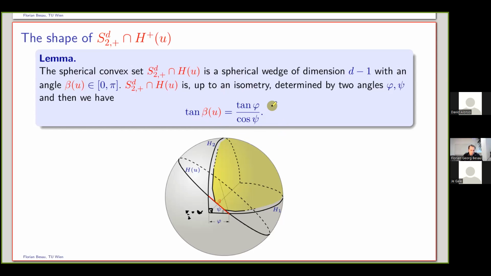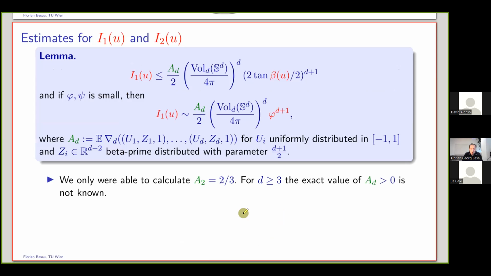So your normal vector u of your hyperplane gives rise to angles phi and psi, and they can be translated into expressing the length of this spherical wedge. Okay, and using this information, you can start bounding your integral terms. So I1 was this integral over the Jacobian factor coming from the spherical Blaschke-Petkantschin formula. And we find one absolute upper bound on this term. It depends on beta, the angle of your intersection,